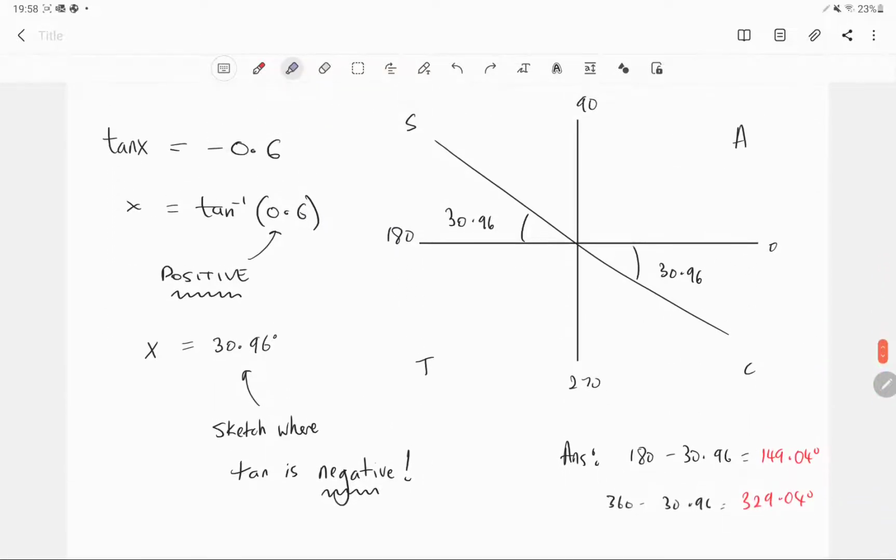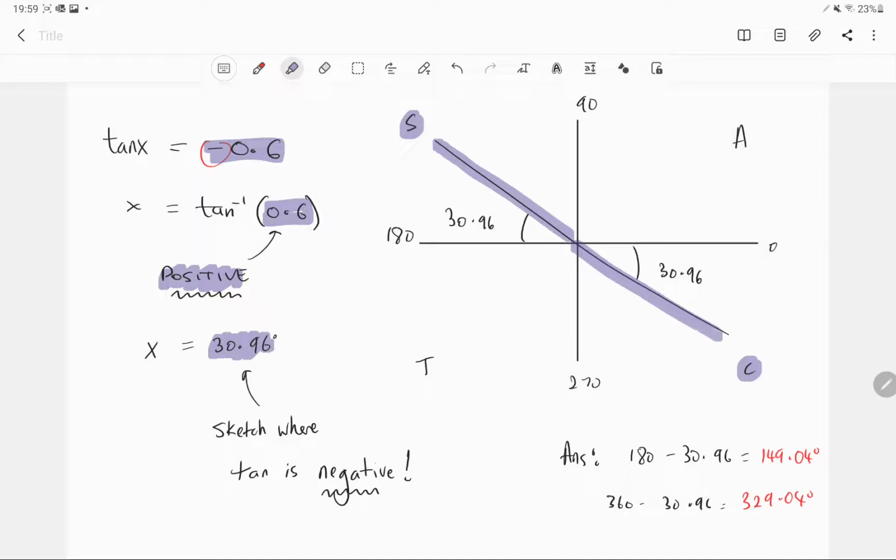And just one more. This is tan, but it's negative. So you disregard this when you're getting your acute angle. You do inverse tan of 0.6, so you know that's positive. You account for the negative when we use our CAST diagram. So we're going to draw an acute angle of 30.96 where tan is negative. Tan is negative here and here, the second and fourth quadrant. Two acute angles